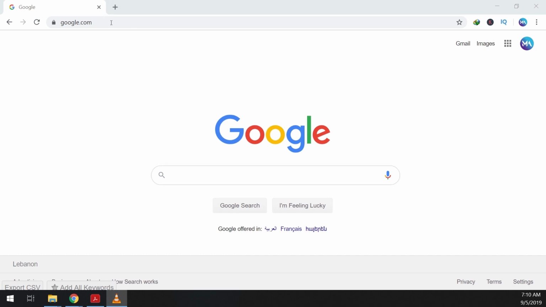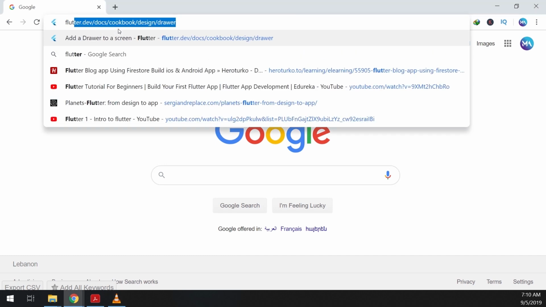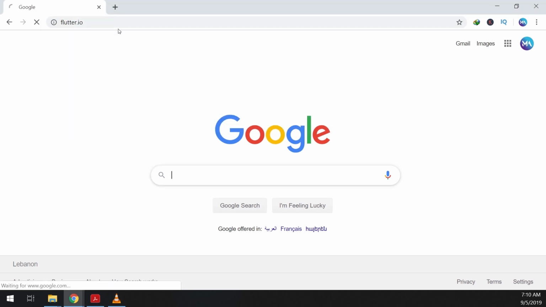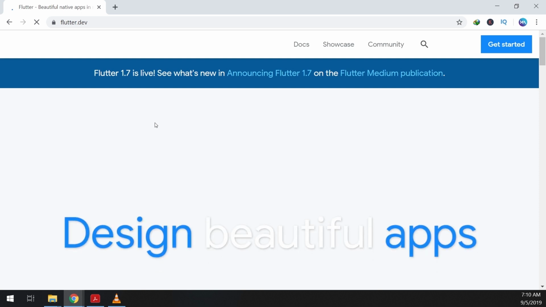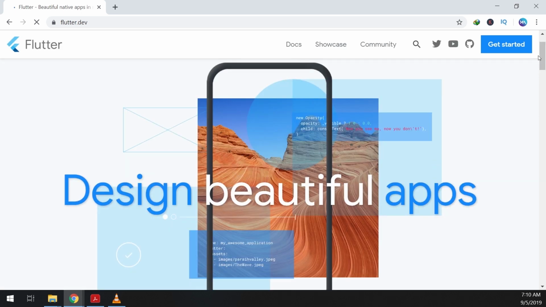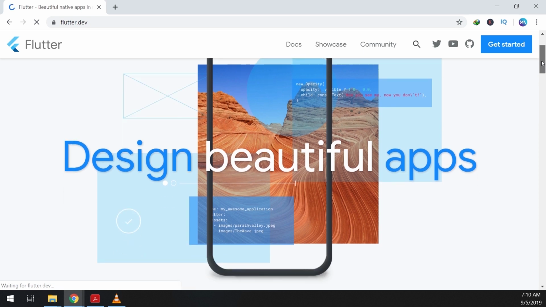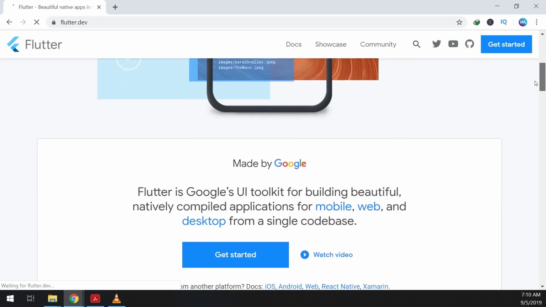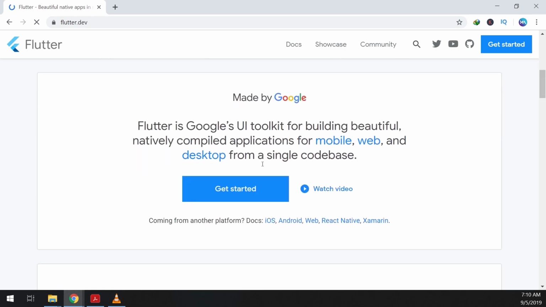In order to install Flutter, we will go to the official Flutter website, flutter.io. So this is flutter.dev, the official site also. We go through this website and we scroll down to see Get Started. We click on Get Started,